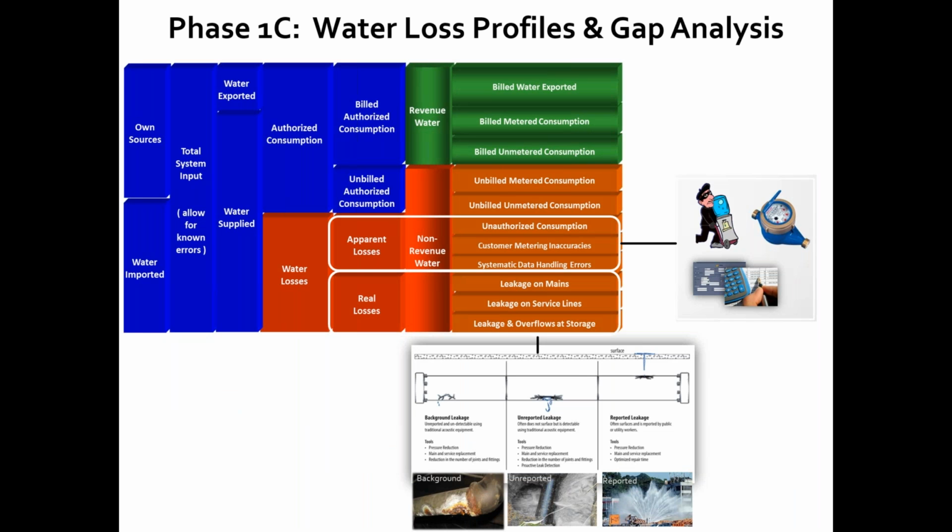How do we do that? Well, we start by doing the water loss profiling, and that takes the results of the top-down water audit that came from the last round of work we did together in the workshops. What you have from that process is a level 1 validated top-down water audit. And what that does is it gives you a high-level understanding of the apparent losses and the real losses, but